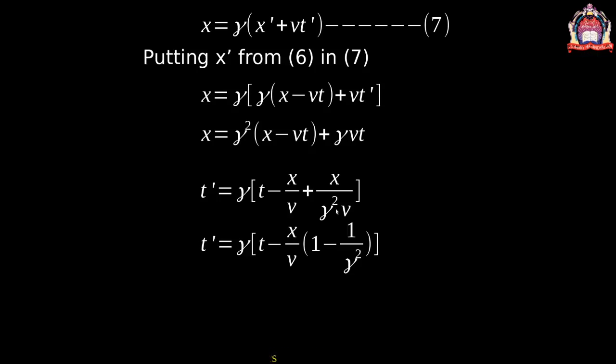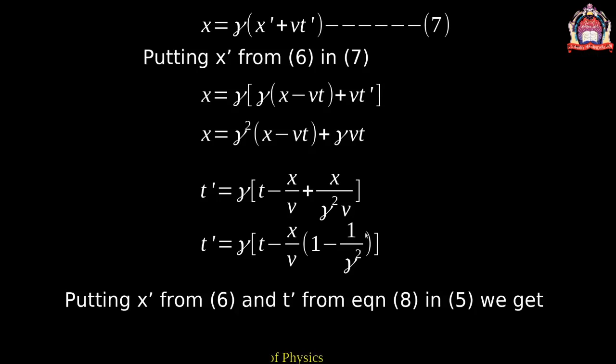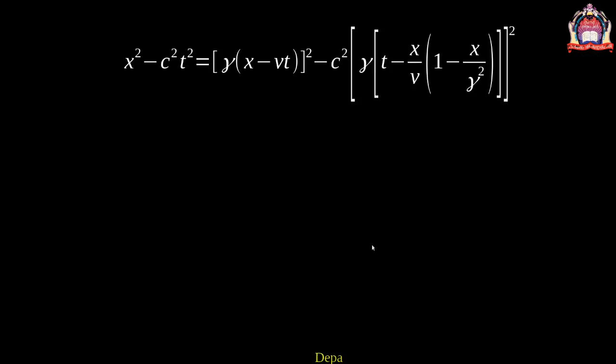Just rearrange it, so we get t dash is equal to gamma into bracket t minus x by v times 1 minus 1 by gamma square, squaring on both sides. So putting x dash from equation 6 and t dash from equation 8, we get, after some simplification,